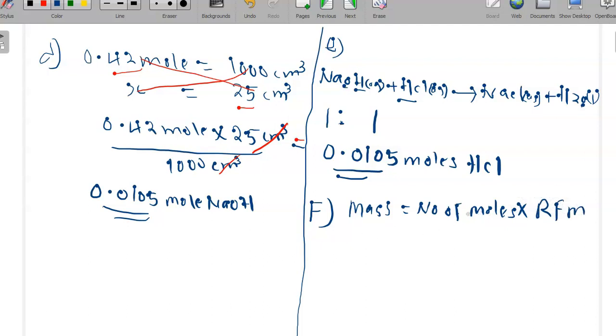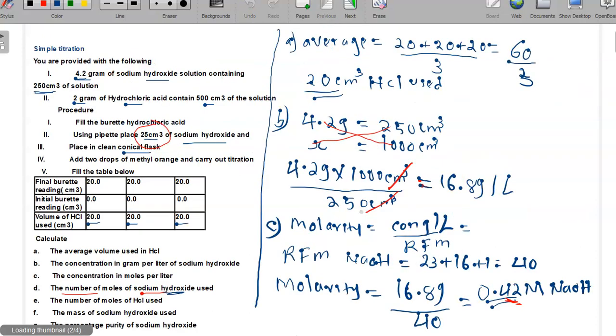What is the number of moles of sodium hydroxide? We have it here. It is 0.0105 mole times, we multiply the RFM. What is the RFM of sodium hydroxide? If I go back, I have already obtained it here. The RFM of sodium hydroxide is here, which is 40. When I added sodium 23, 16 oxygen, 1 hydrogen,